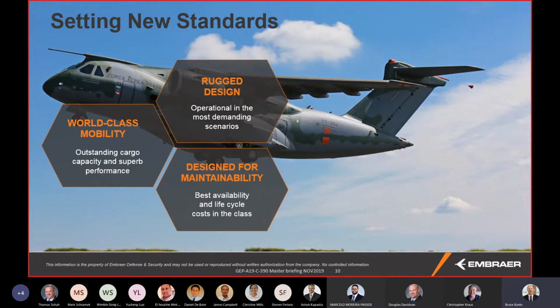Everything we know about designing for maintenance and support, everything the company has learned over the years through the design and manufacturing of commercial jets and business jets has been folded into this airplane. And it really is a discriminator when we're out there competing against the market incumbent, if you will, the C-130 and the C-130J, because we're just new. We're a new modern airplane designed with modern design